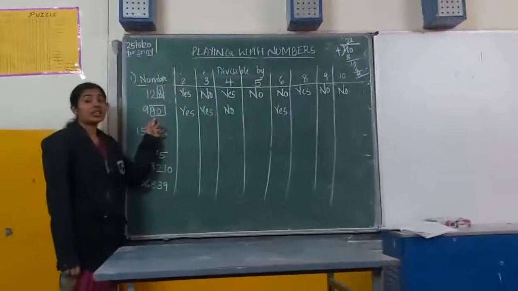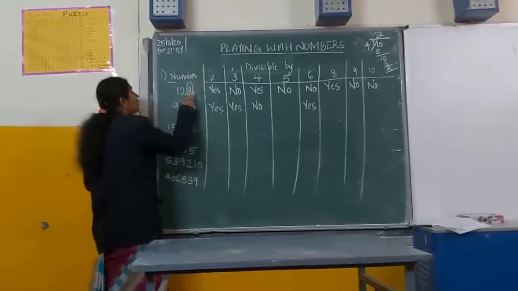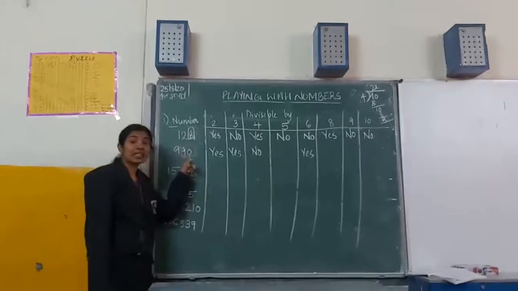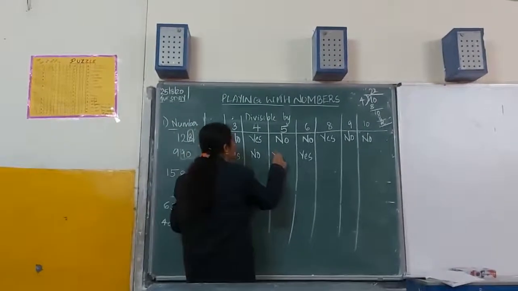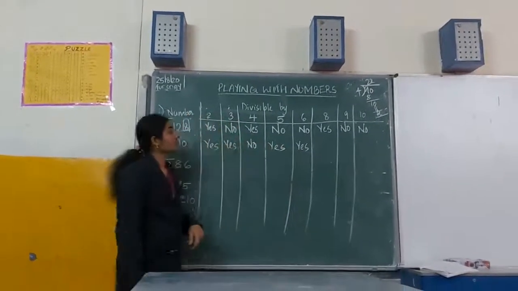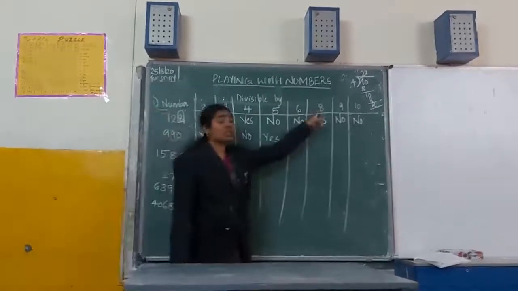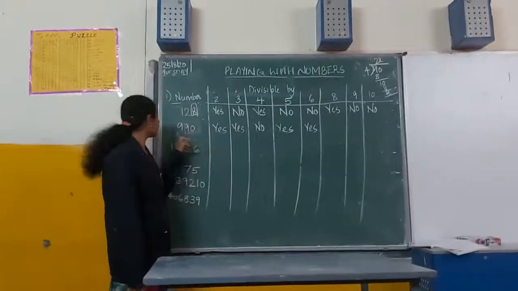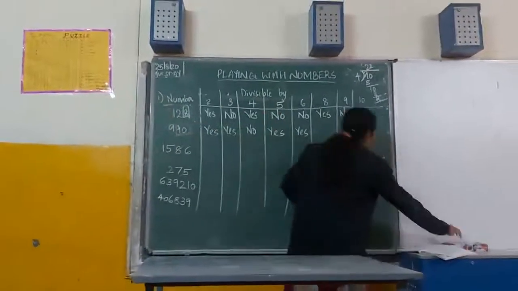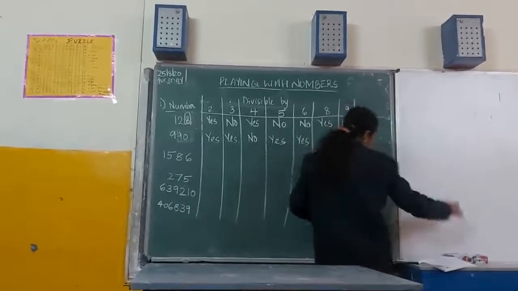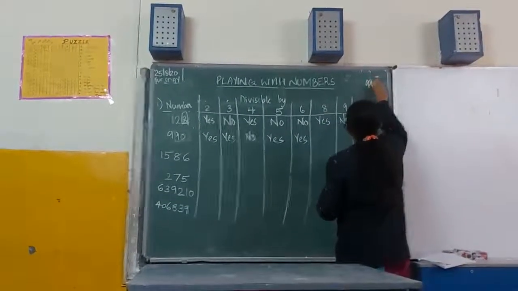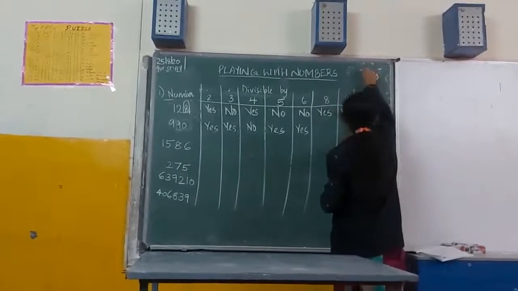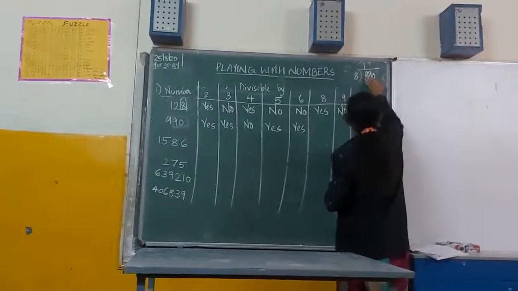Next we want to check the divisibility by 5. How to check the divisibility by 5? See the last digit, that is 0. So it is satisfying. Yes. Next, how to check the divisibility by 8? The number formed by last 3 digits. Which is the last 3 digits? That is the same number itself, 990. How to check the divisibility by 8? Divide it by 8.